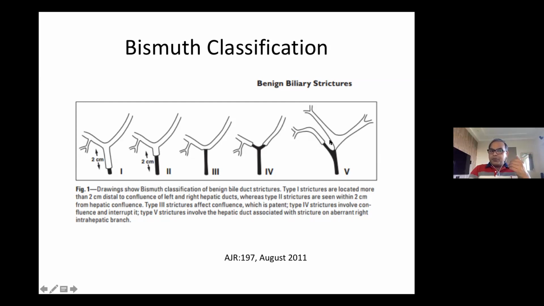The right posterior duct got injured, and it gets separated from the main biliary system. Okay, so